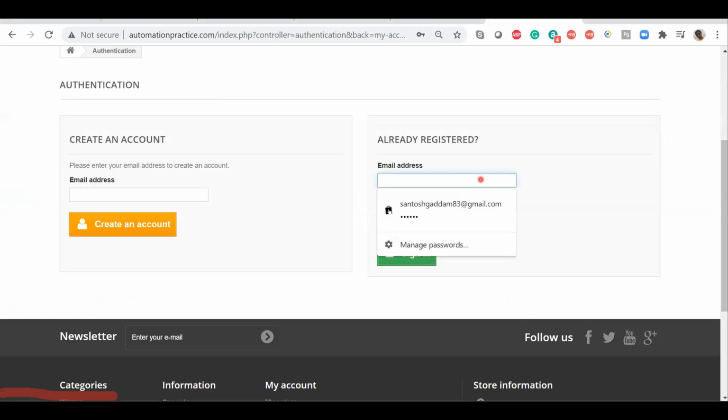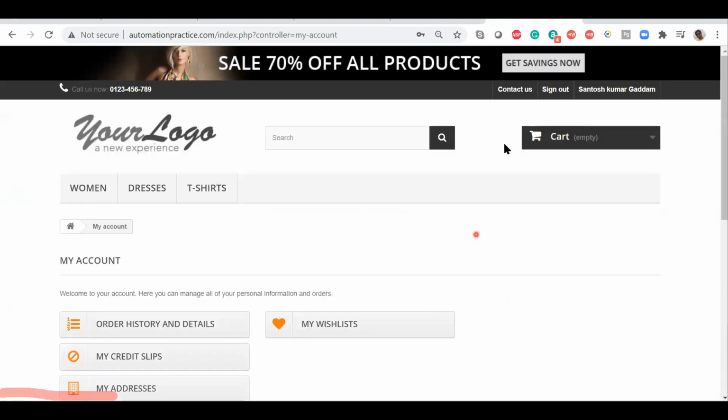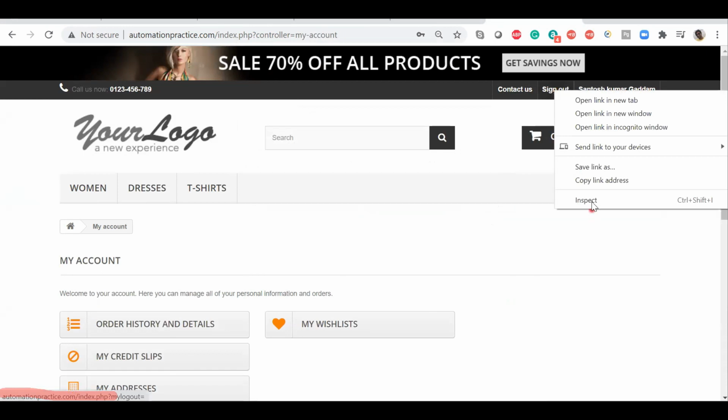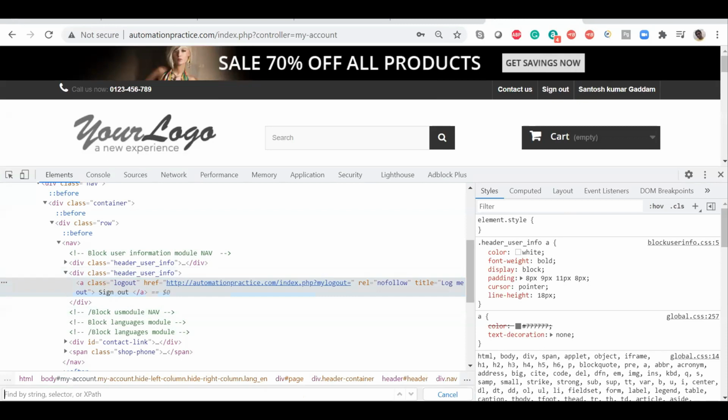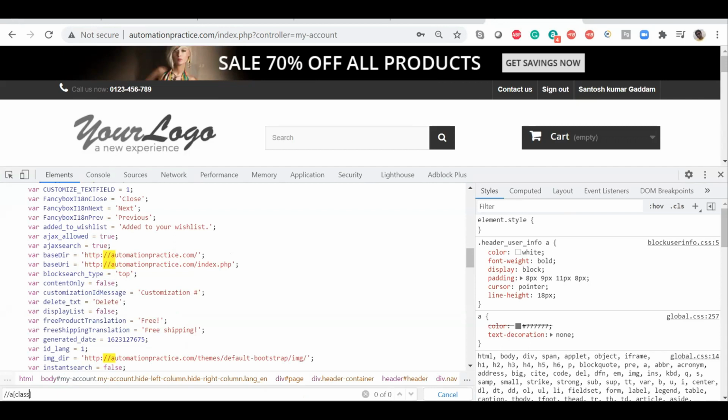Same thing. Simple. Okay, good. So assume that you have created your account. Now your question is how to sign out. Here the sign out is there, right? How do we take that? Now let's write the XPath for sign out. Okay, we learn today, right? What is XPath? You can use the class also. So like 2/a open and close, class is equals to